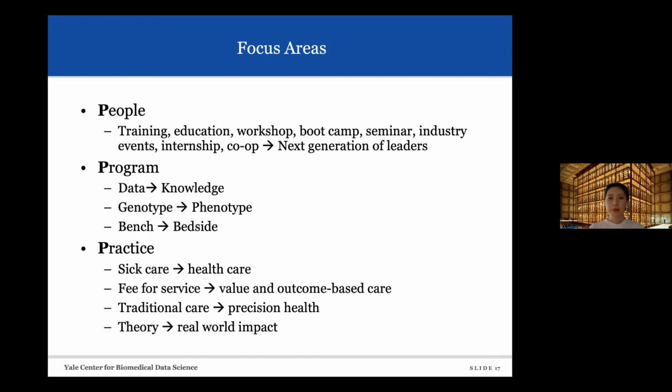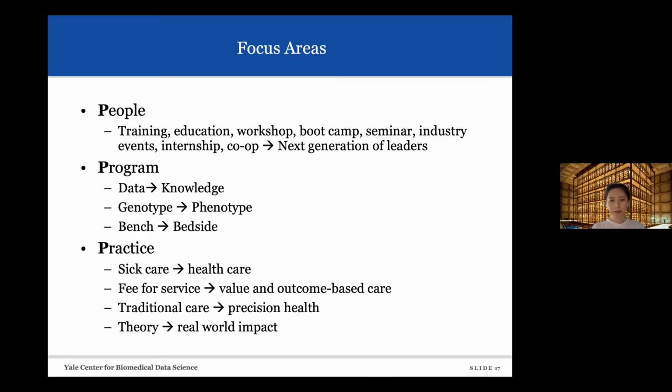And also the research programs. As I said, with the center's help, we would like to turn data into information, into actionable knowledge, which can lead to sustainable results in long-term patient care and human well-being. We would also like to contribute to translational medicine by linking the genotype and the phenotype together. What we learn from good practice on the bench side in the lab, we would like to take to the patient bedside practice. And what we know from the patient front practice, we can also bring back to the lab